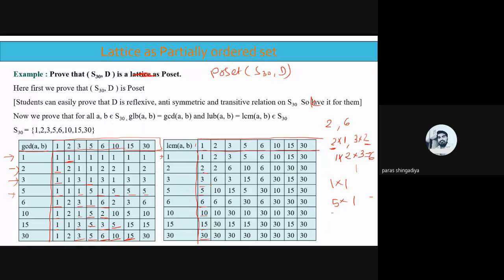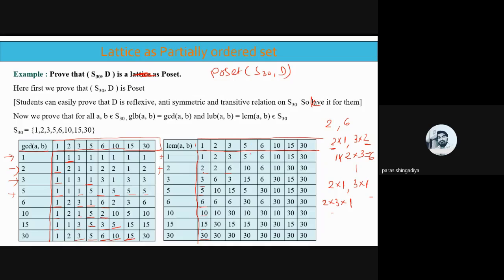Clear? It is complete. Now change the number to 2 and make it pair 2 with 2. और 2 with 2 का LCM होगा 2 into 1 and 2 into 1. So it is 2, clear. And then 2 with 3, what is the answer? 2 into 1 and 3 into 1. ठीक है, 2 and 3. So उसका फैक्टर होगा 2 into 1, 3 into 1. तो 1 दो बार रिपीट हो रहा है, तो use it only one time. So it will become 2 into 3 into 1, and the answer will be 6. Clear? Sorry, 2 and 3 का LCM होगा 6.